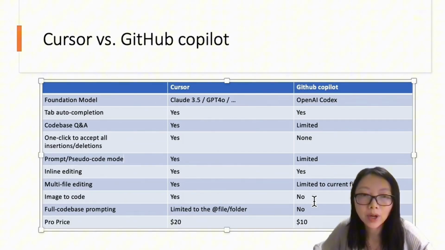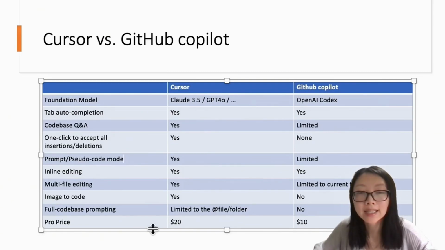Full code-based prompting is one of the features I'm looking for the most. Cursor can do it, however it also has limitations with more complicated tasks, such as modifying both the backend API and coordinating the front-end change. Even though you add the entire folder or the database, it still requires detailed prompting, so it has not fully reached its potential yet.